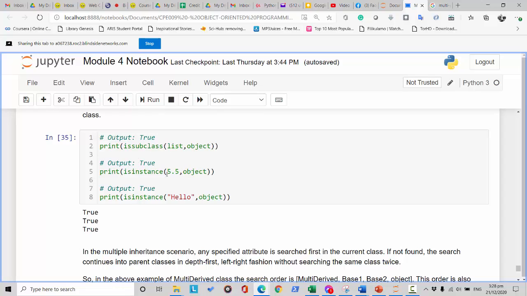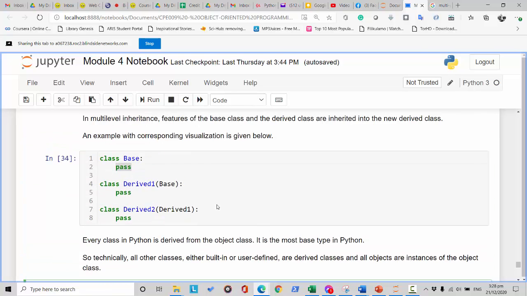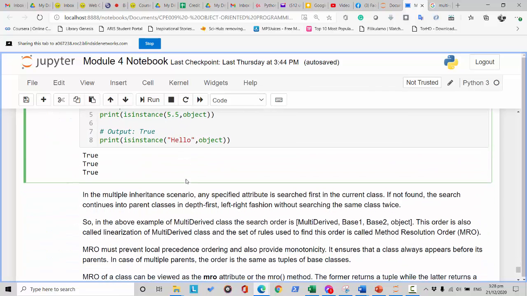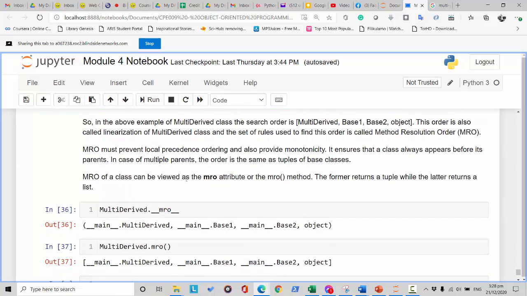So let's say we have the following example. We can print, is list a subclass of an object? Sabi niya true. Is 5.5 an instance of an object? Sabi niya true pa rin. Is hello an instance of the object? Yes, sabi niya pa rin true. So basically, ito po yung mga